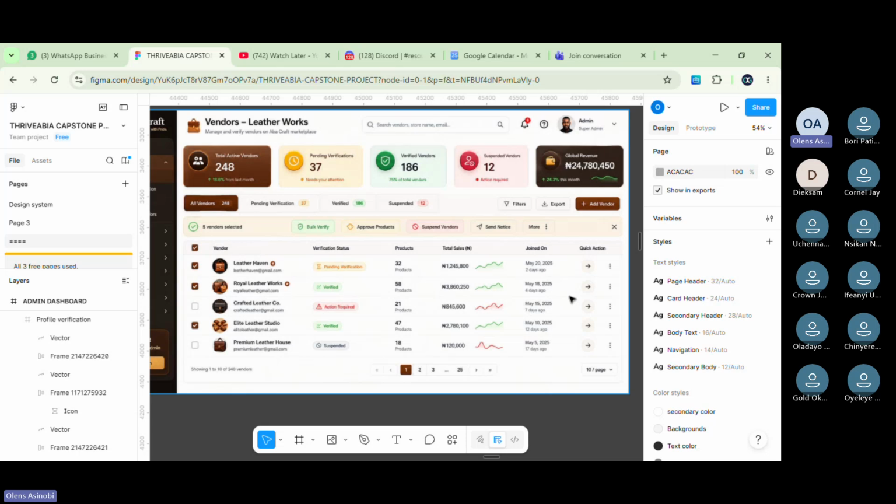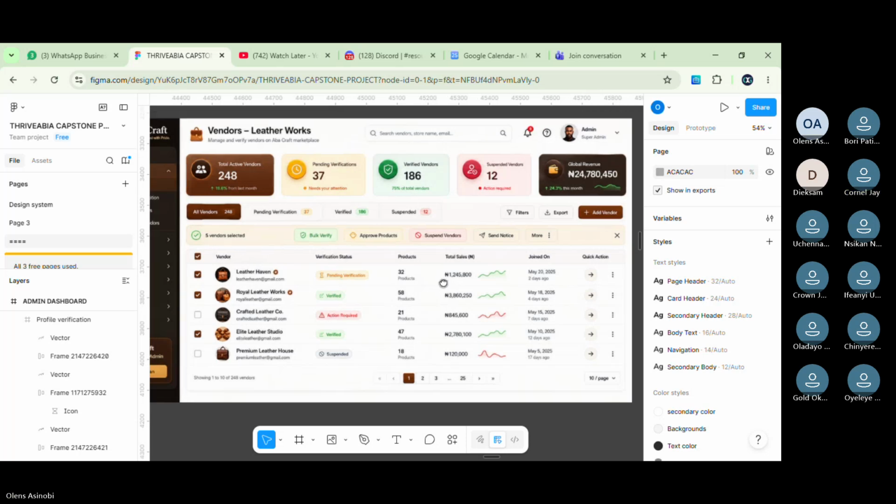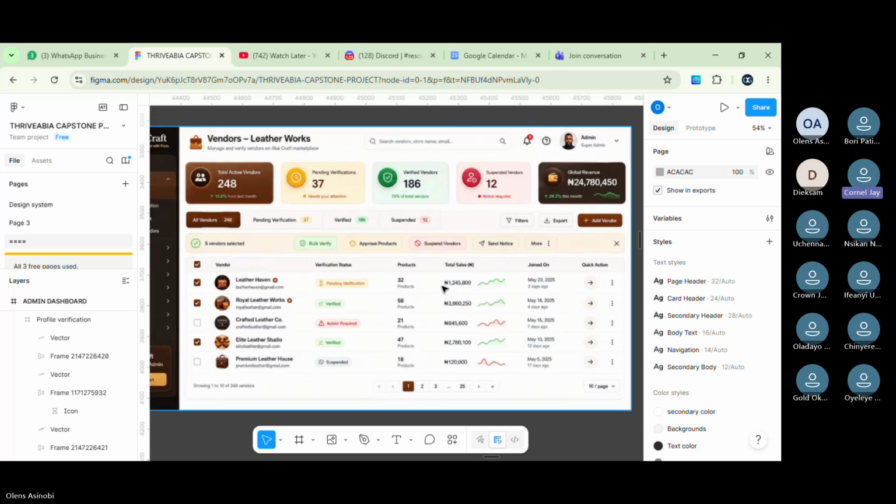I don't get you. Come again. Can you zoom into the sample? Now there is this place that says bulk verify.